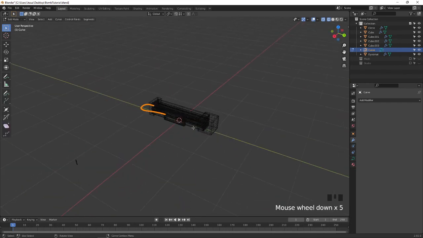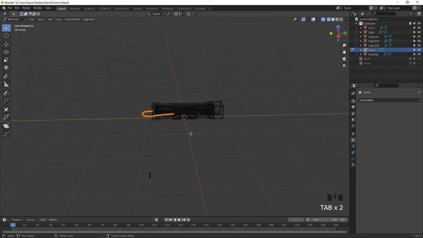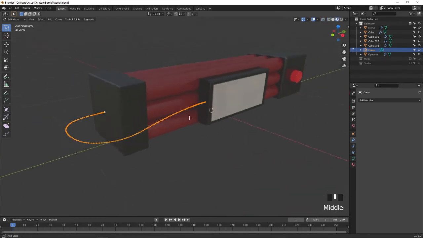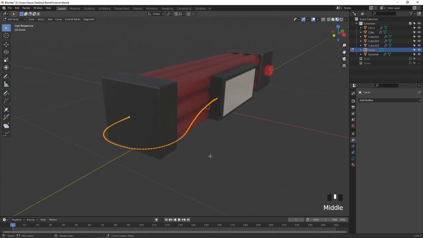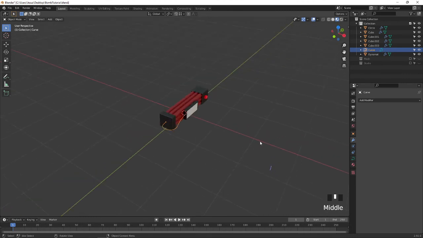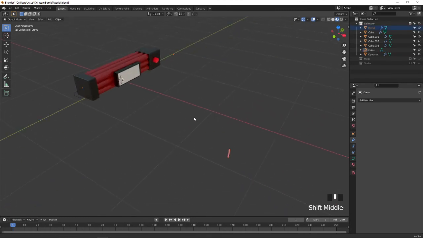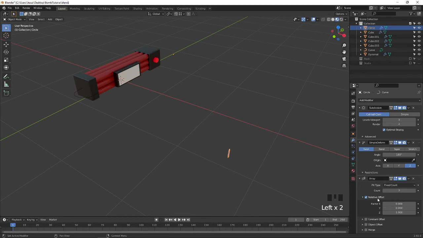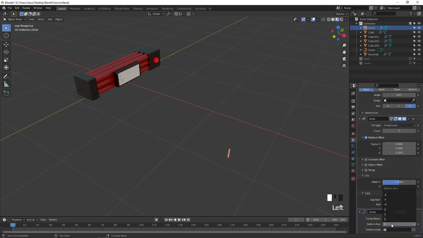Okay, go back to this object selected and go to the modifier and move it in Z axis.